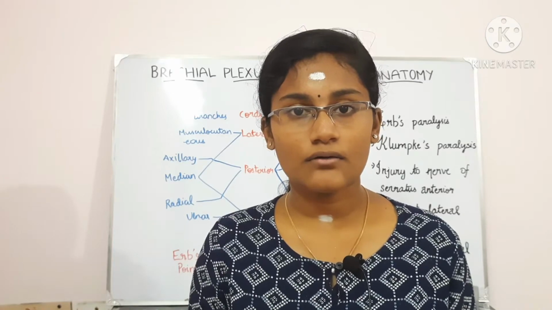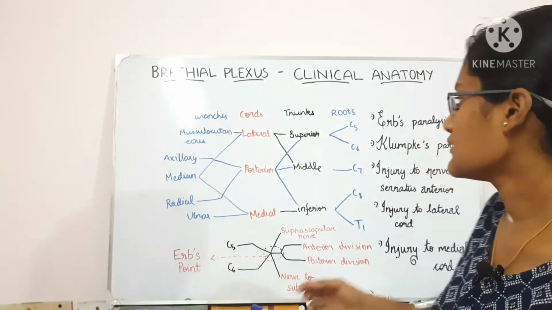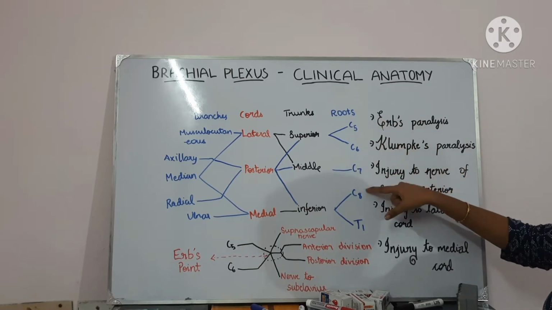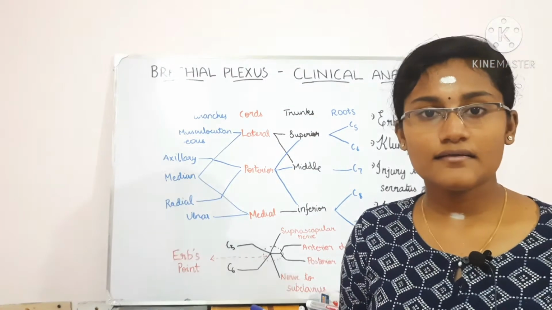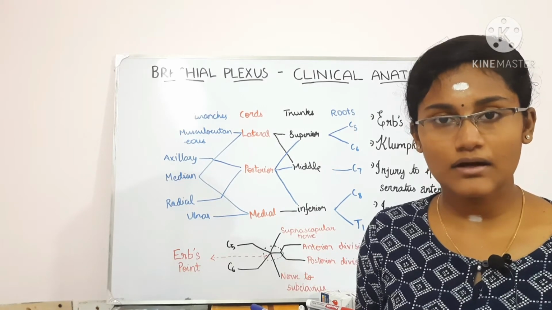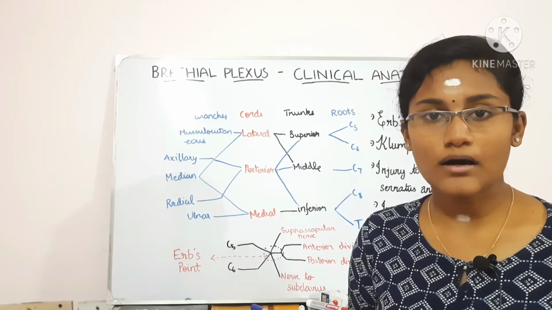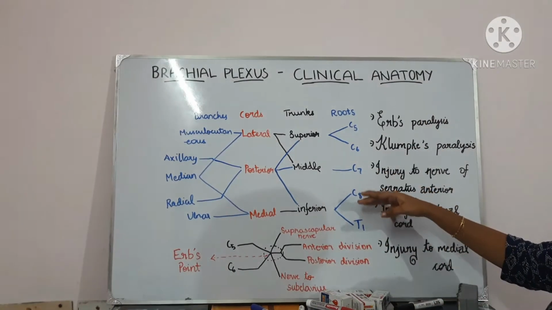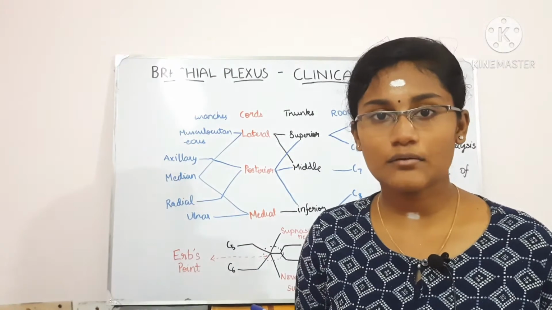Okay, so this is actually a small map of the brachial plexus. So these are the lower four nerves of the cervical region, that is the C5, C6, C7 and C8, and one thoracic nerve at the end. Okay, actually the C8, that is the 8th cervical nerve, doesn't arise from the 8th cervical vertebra. Actually there is no 8th cervical vertebra. Each cervical nerve arises above the numerically corresponding vertebra. So that way C8 arises below the 7th cervical vertebra and after that T1 is present. Okay, so there is no 8th cervical vertebra.